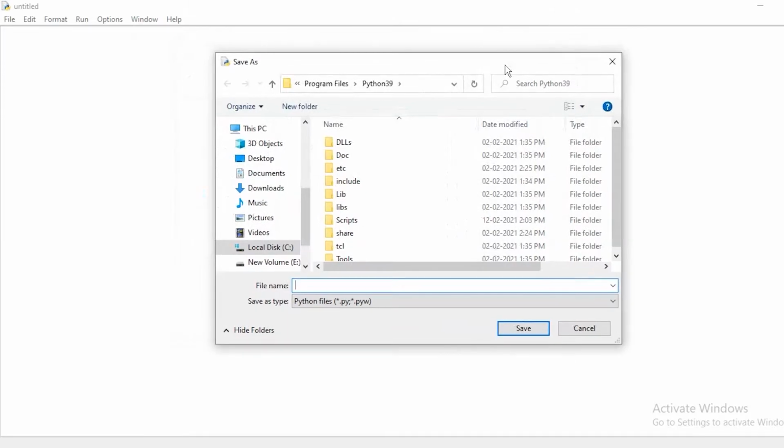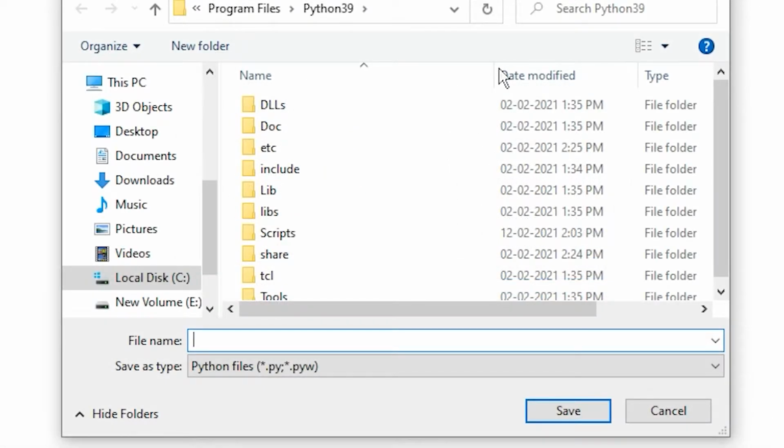You can save the file in a desired location. The extension of the file will be .py or .pyw, that is a Python scripting file. Give the name to the file, say this is my first program. So first, the file will be saved as first.py.